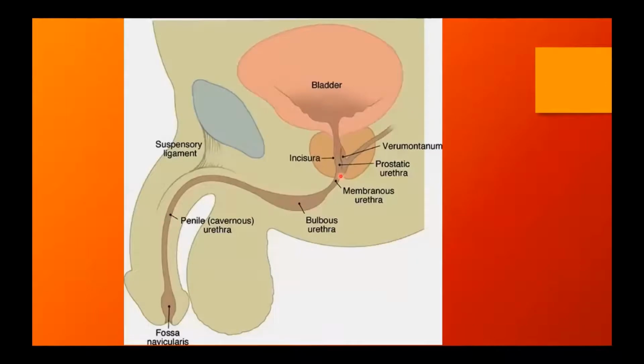So you can see here, after membranous urethra, it is entering into the bulbous part of the penis. It is downwards and forwards. It is forwards and upwards also. This part is the fixed part of the penile urethra. We call it as the bulbous urethra. Then further, it is directed vertically downwards. That is the penile urethra, the free part. It is present in the corpus spongiosum of the penis. This part is the corpus spongiosum of the penis here.